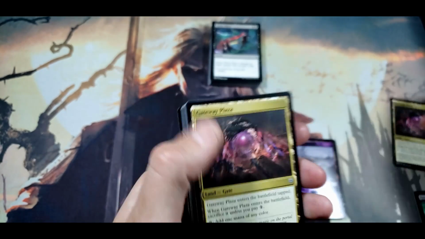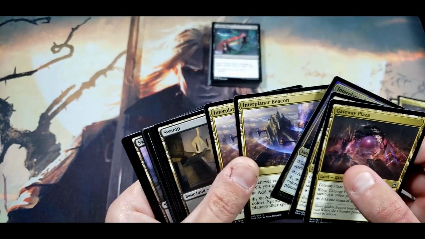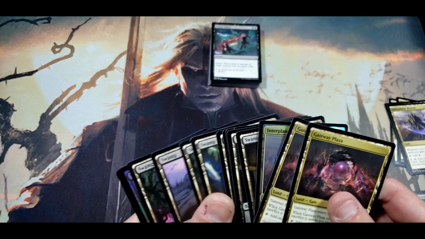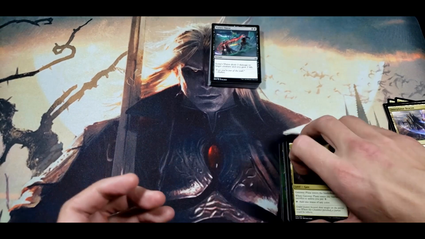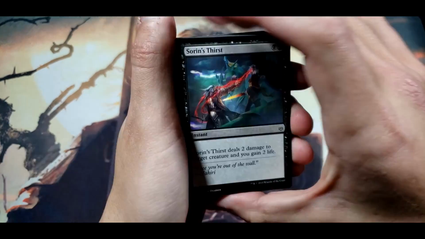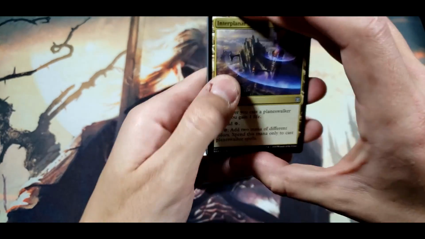We're going to take out 2 of the Gateway Plazas, 2 of the Interplanar Beacons, just leave 1 and 1, or 2 and 1. We're going to add the rest of these to it and see how many we have total. We should have, I think it was 22 that we needed. All right, so I had to go through and get a couple extra. We went ahead and took out these here